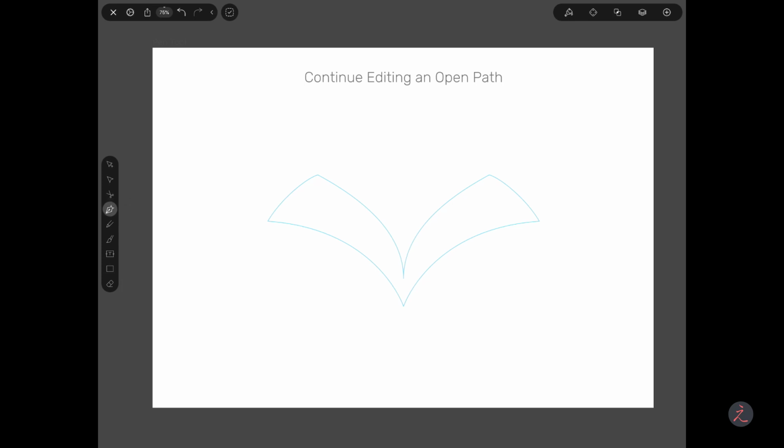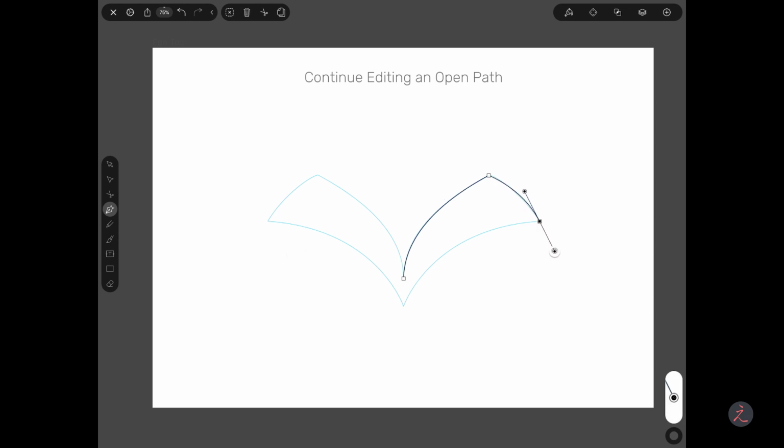So I'm going to tap and activate the pen tool and follow this curve. So I'm going to tap first to create the anchor point. So I'm going to tap and drag upwards. Then tap and drag on this corner to create a very nice curve. And then before I release the pen tool, I'm going to tap 1 finger on the canvas so I can change this control handle independently from this handle.